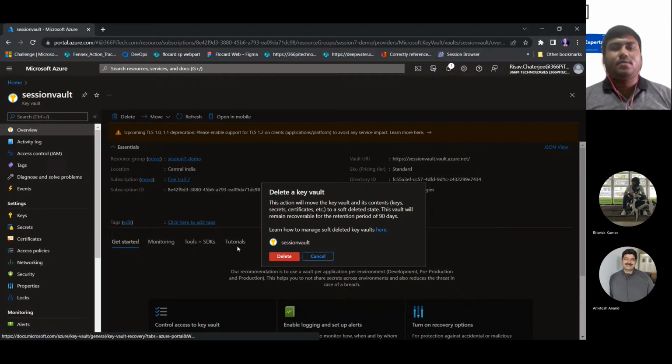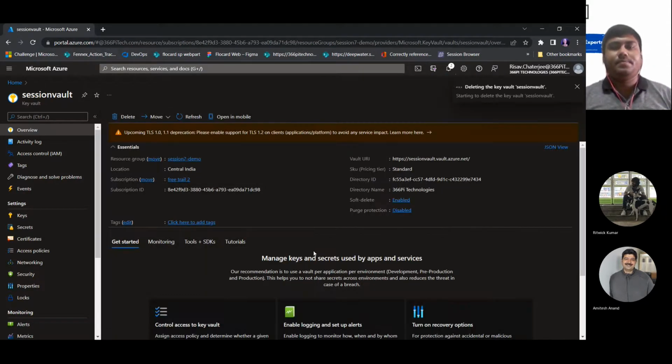Just to show how deletion works, this action will move the key vault and its contents to a soft deleted state, and it will have a recoverable retention period of 90 days. So if we go ahead and delete it,